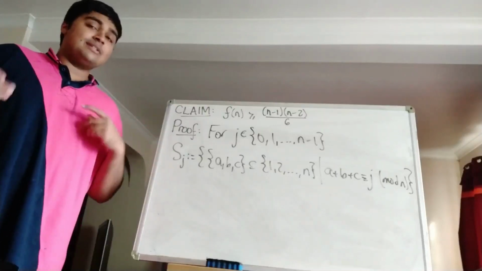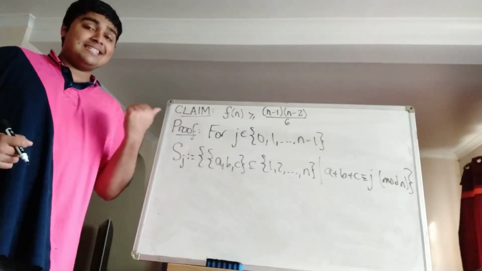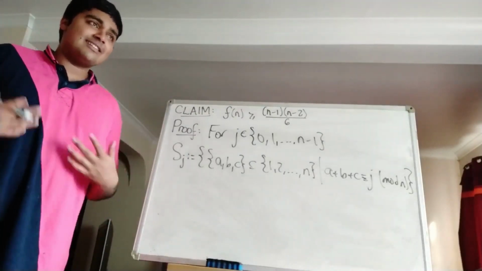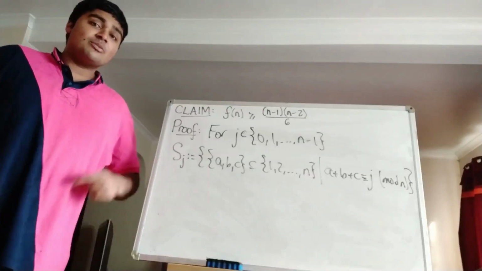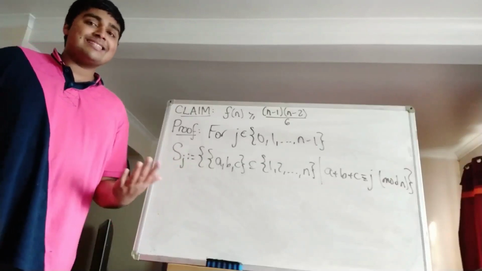But because we're considering 2 distinct ones, the cardinality of their intersection can't be 3. So that means it's either 0, 1, or 2, and we want to show that it's either 0 or 1, so that essentially is the same as proving that it's not 2. So what we're going to do is suppose for contradiction there exists 2 distinct elements in Sj whose intersection has